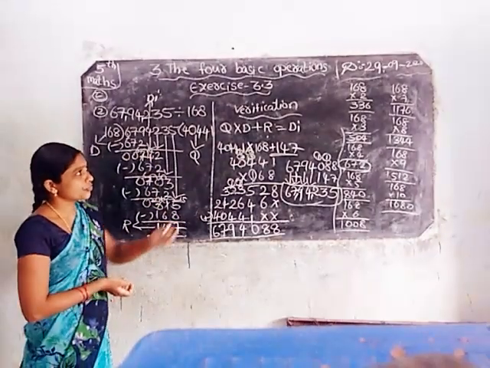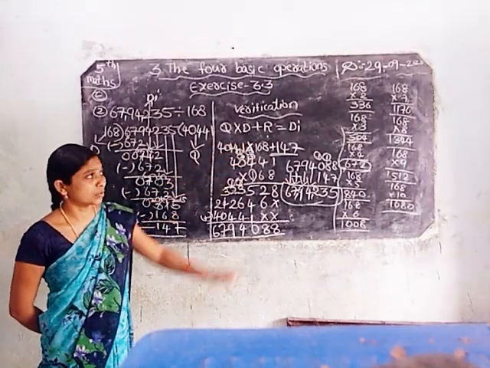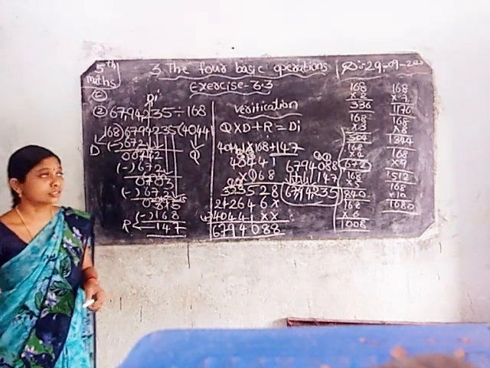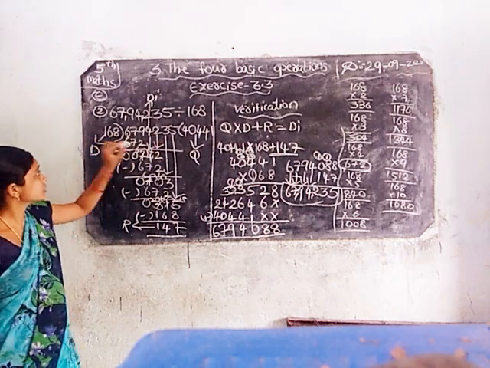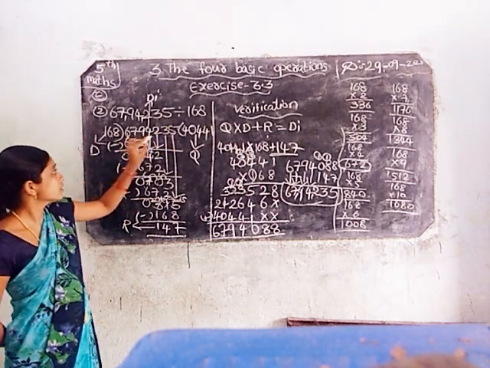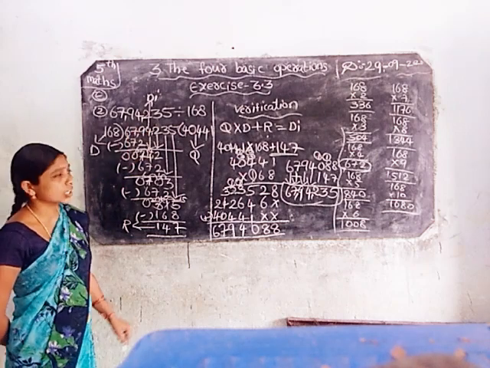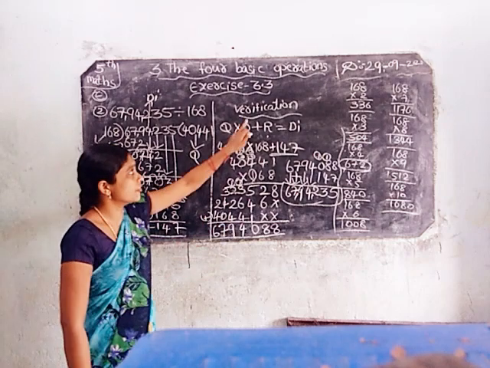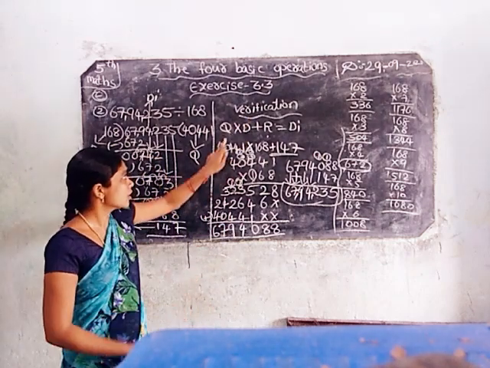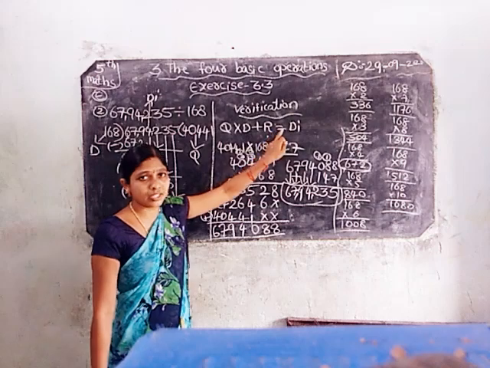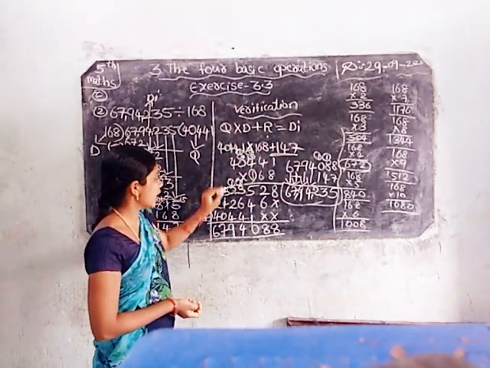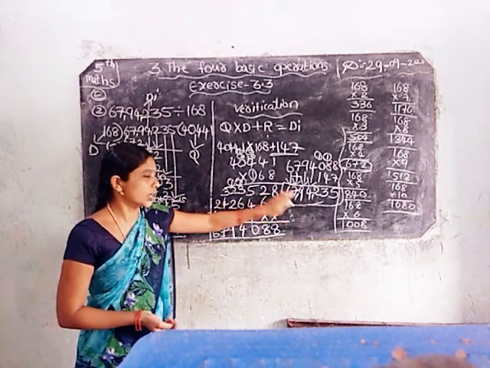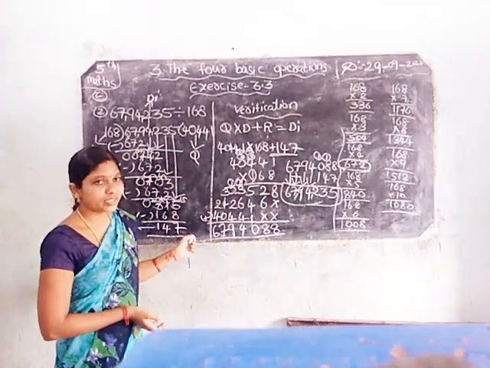See, first of all we wrote the 168 table by multiplying by 2, 3, 4 like that up to 10. Next, the divide form: 168 divided into 67 lakhs 94,235, and the division completed. And next, verification. For this we have the formula: quotient into divisor plus remainder is equal to dividend. So we multiplied and then added, we got the answer, and these two are equal. Okay, write this in your notes.